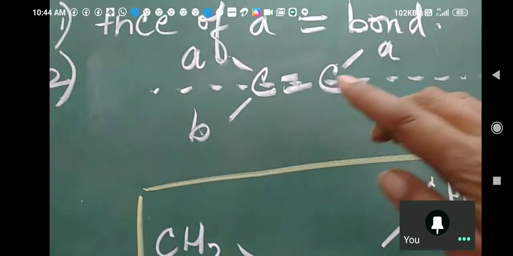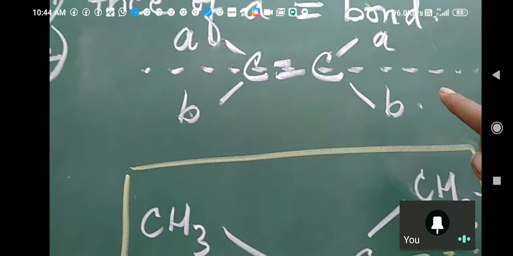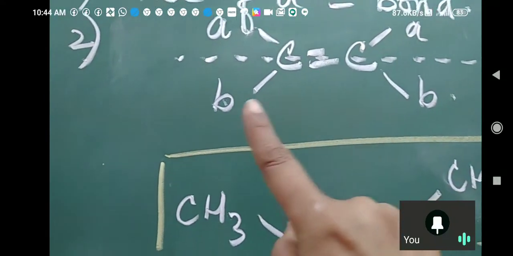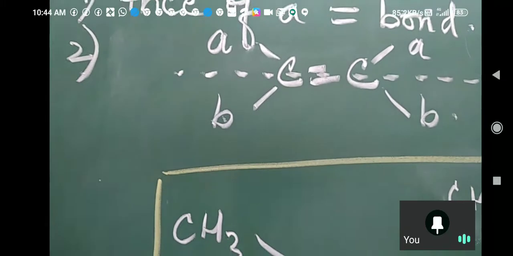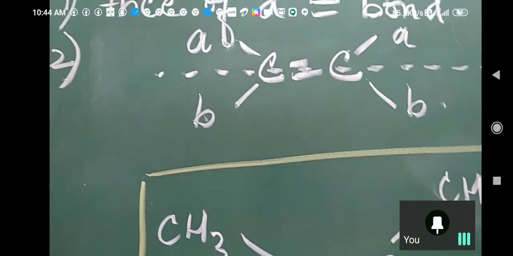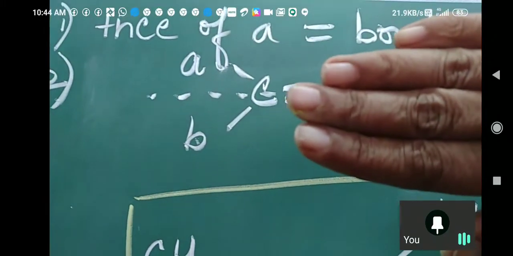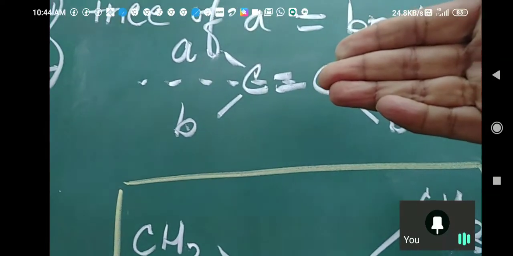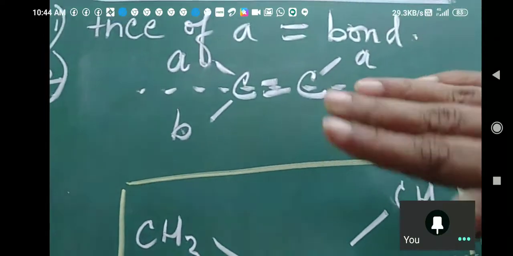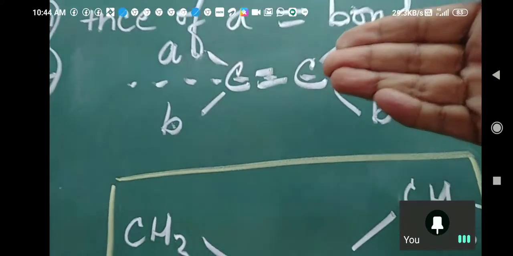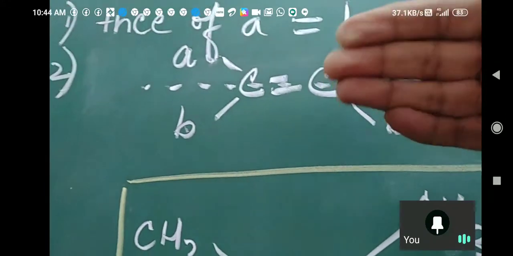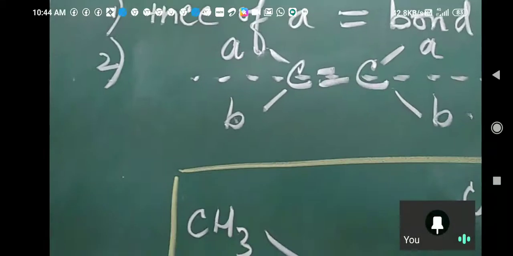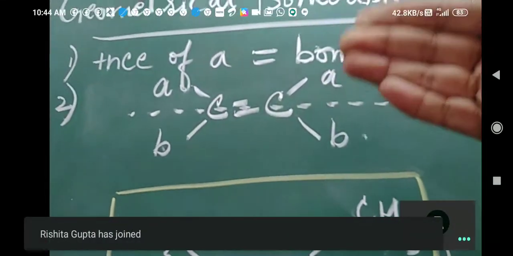Okay. Now, when we divide this, if you have similar groups on the same side, it is known as cis form. Cis form. Now what? I will rotate this molecule by 180 degrees. Are you getting my point? This B will come above and A will go down. This I will rotate by 180 degrees. Okay? So then I will get trans form. Is that clear? I will get trans form.